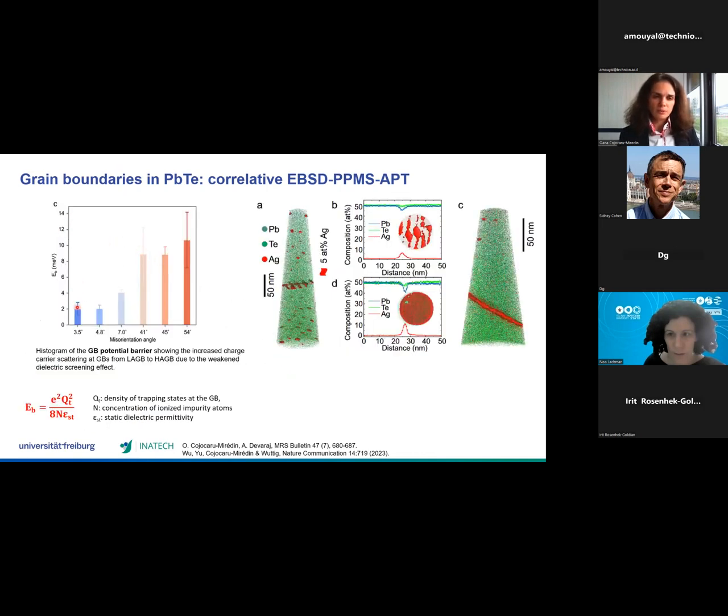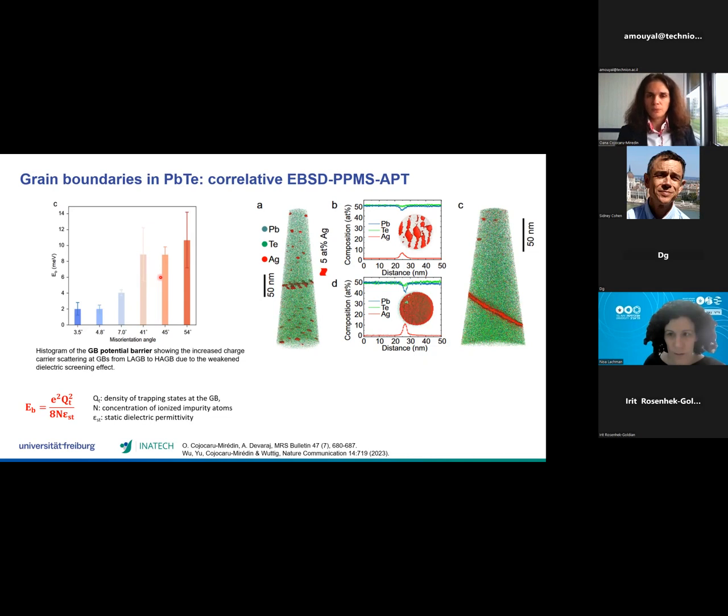And these are the quantification of the barrier height at the grain boundary position for low angle grain boundary and high angle grain boundary. So we see nicely that for the low angle grain boundary, we have very low barrier height, and this is 5 to 6 times higher for the high angle grain boundaries. But the question for us was, okay, this is already very nice. As a result, we see a nice correlation between the structure and the electronic transport, but